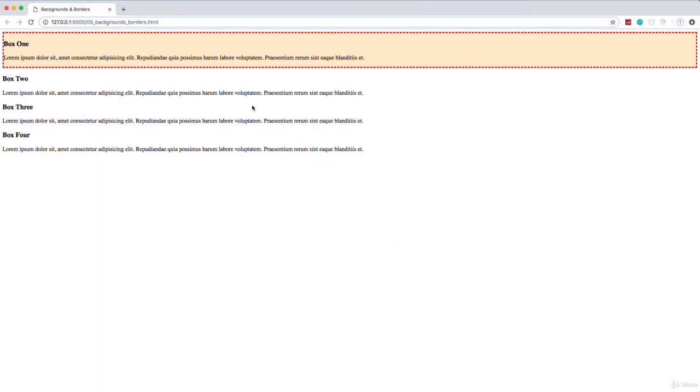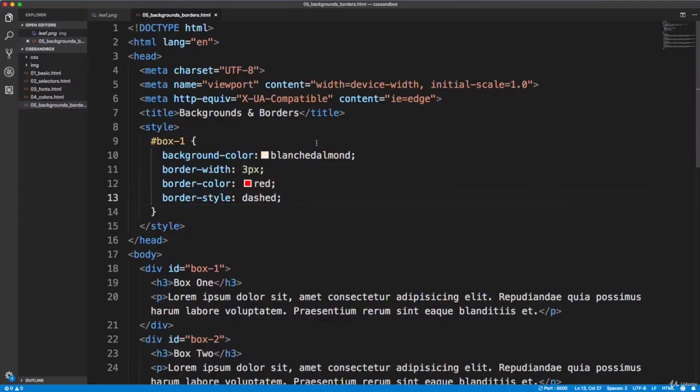That's dashed. It's similar to dotted, but they're wider lines. But for the most part, you're probably going to be using solid the most. Now, using all 3 properties like this, we don't have to do it this way, and this isn't the preferred